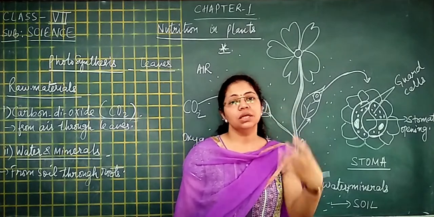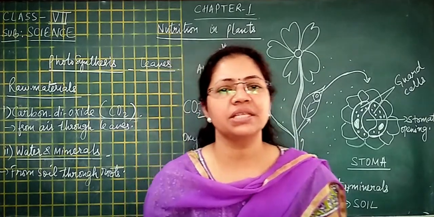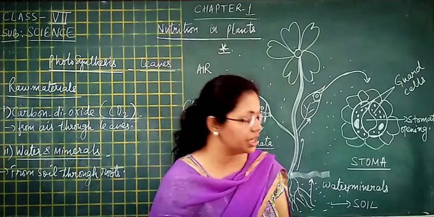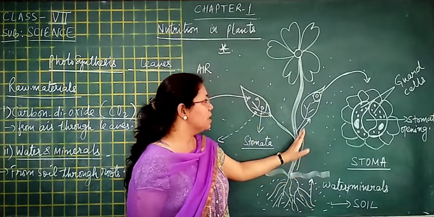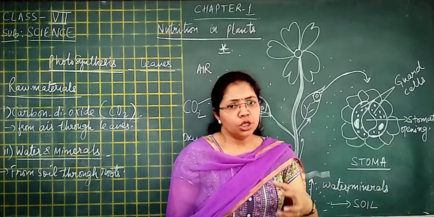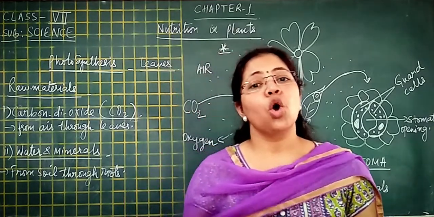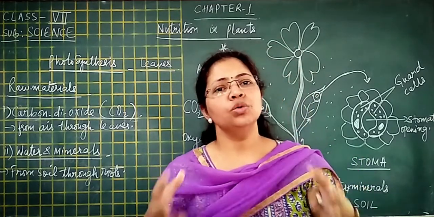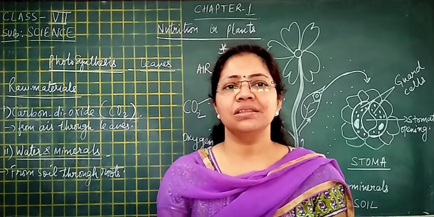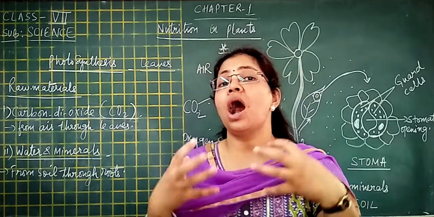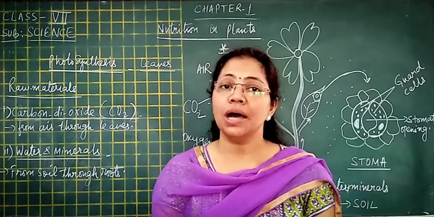It is a kind of conduction of substances which we learned in 6th standard. That is, substances are conducted from roots to stem and then finally to the leaves. Right, students? So that is about the raw materials. Now let's see how the two conditions of photosynthesis, that is sunlight and chlorophyll, are made available to the plant.